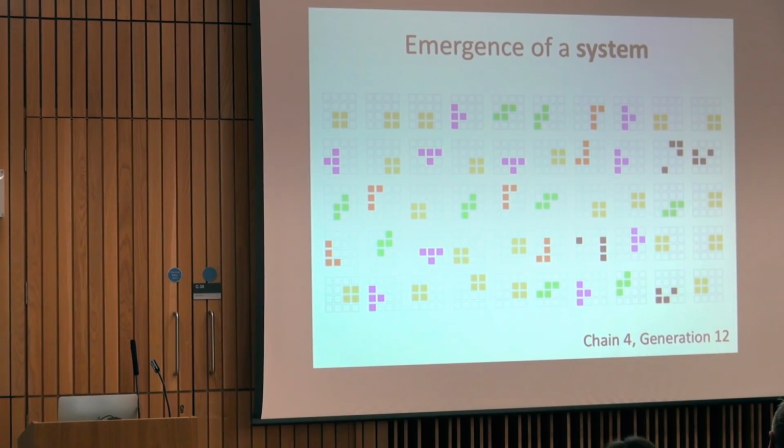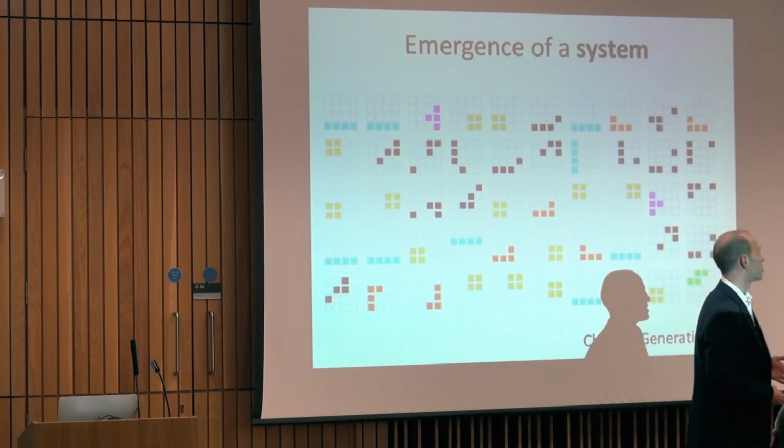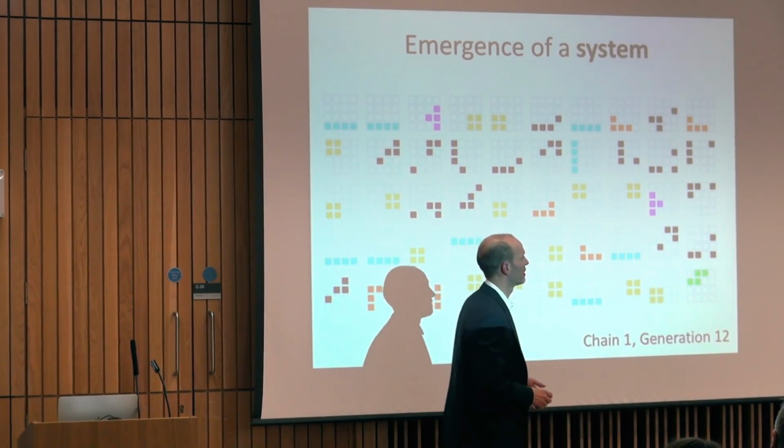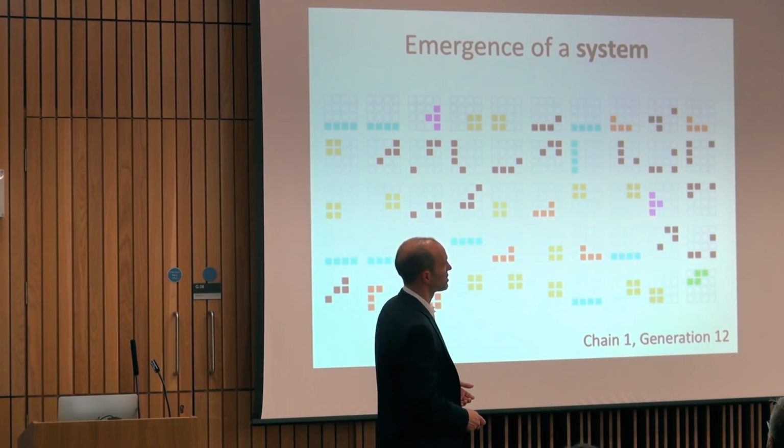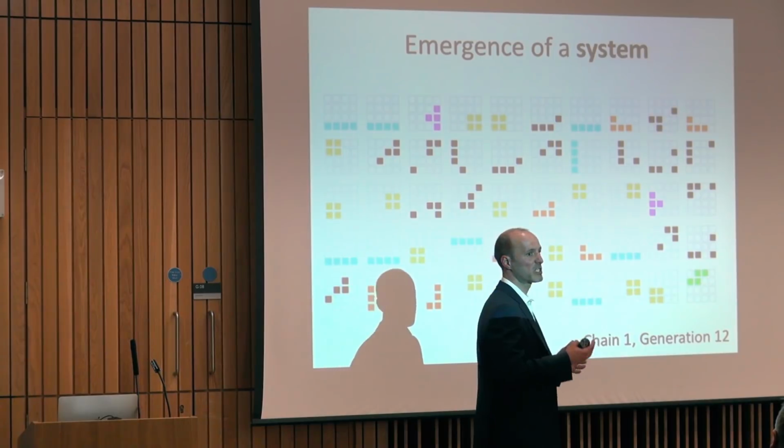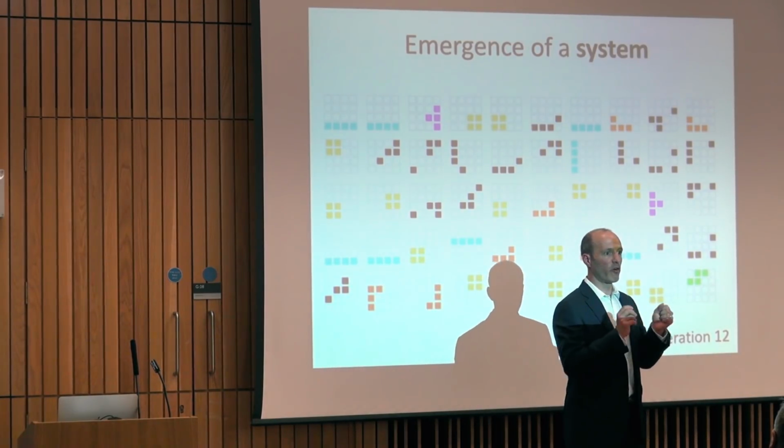So you'll notice that this is the result of generation 12 in one particular chain. You see lots of S shapes and T shapes. We ran multiple such chains, and each chain produces a different distribution of grids at the end. So this is a generation 12 grid set in a different independent chain. And now you'll see there's hardly any S's and T's, and instead there's lots of L shapes and lines. Okay, so you wouldn't expect that if the grids were evolving independently.